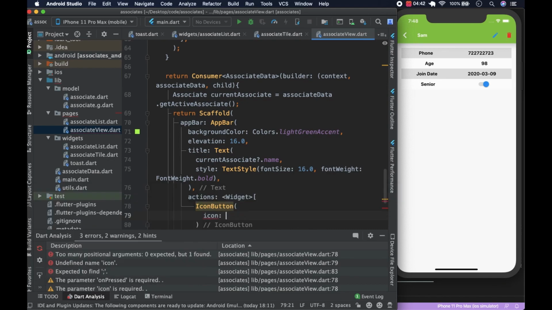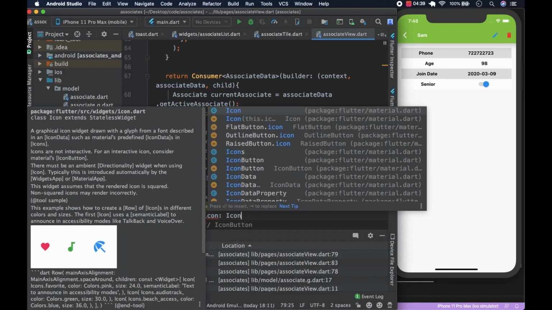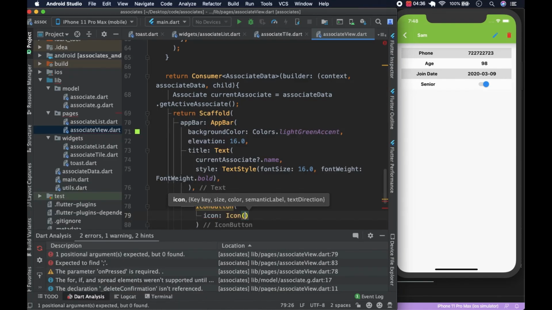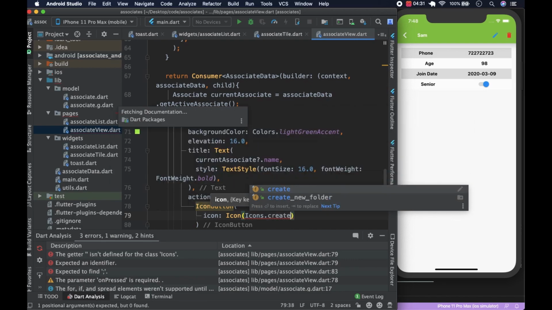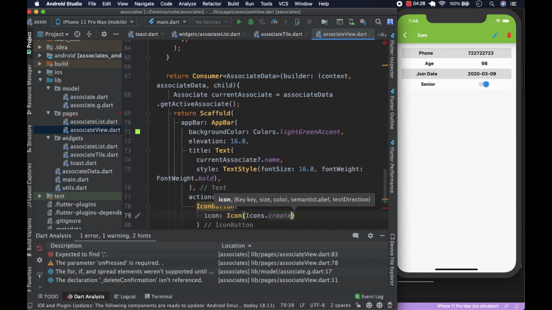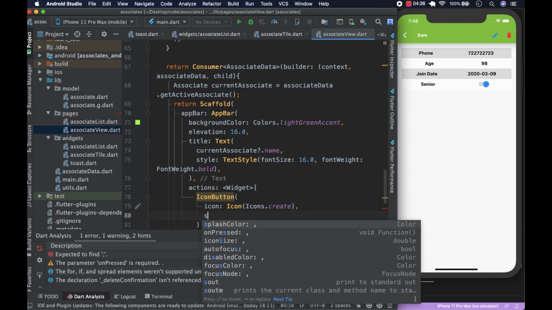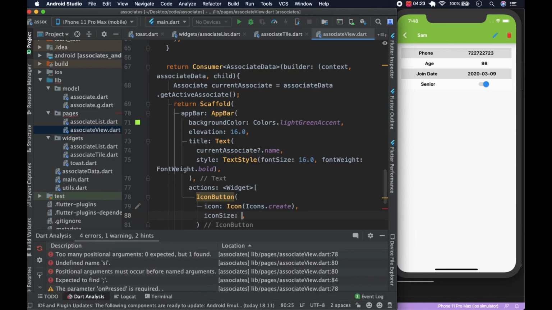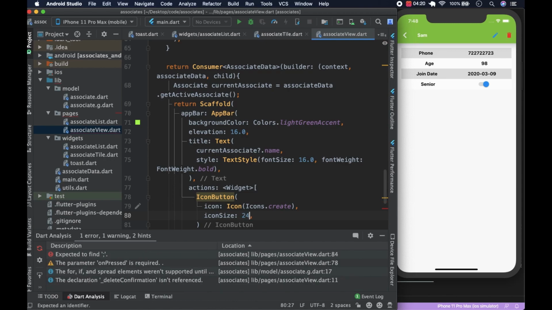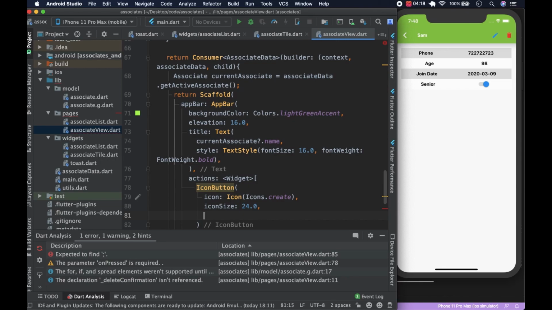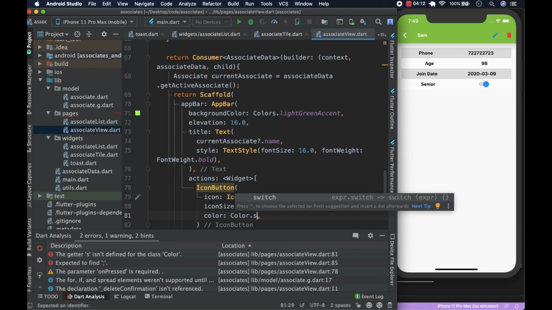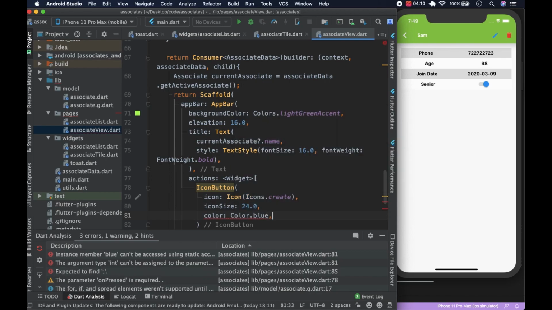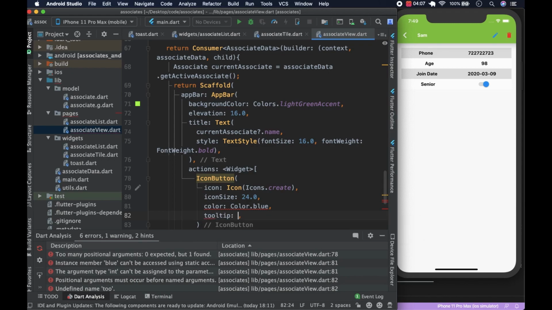icons dot create, and we're going to give it a bit of size. The icon size is going to be 24.0. The color, we're going to make it colors dot blue, like this. The tooltip is going to be edit,